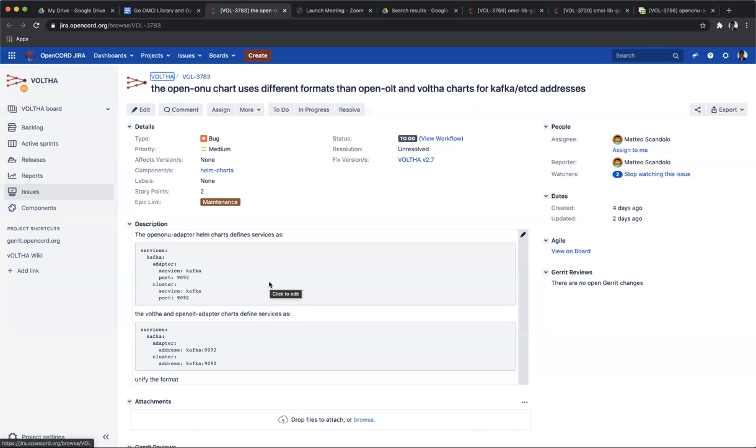I would say we leave it, Theo. Meaning we keep the level of indentation, even though as of right now it seems to be useless. I'm fine with that. The real point of this Jira was not to change that indentation, but to unify service and port into address for the OpenONU adapter, so that it has the same format as all the others. I would say go ahead for that. Okay, I'll submit patches sometime this week. Okay, thanks.